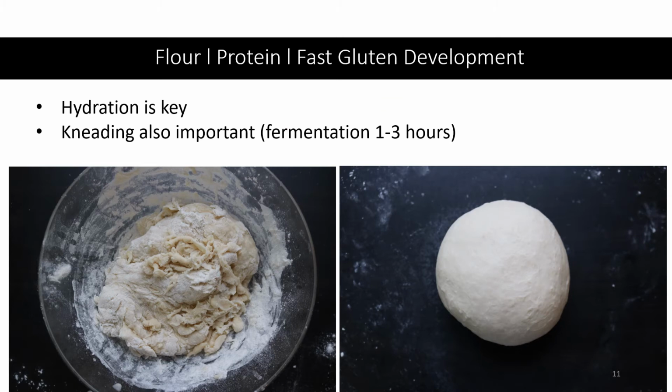So this is the first slide of fast gluten development, and then the second slide I'll be talking about slow gluten development. So as mentioned, for like the fourth time in a row, hydration is key in gluten development. So if we think of a fast dough, which is what I would call a commercial yeast dough or a regular yeasted dough made from store-bought yeast,